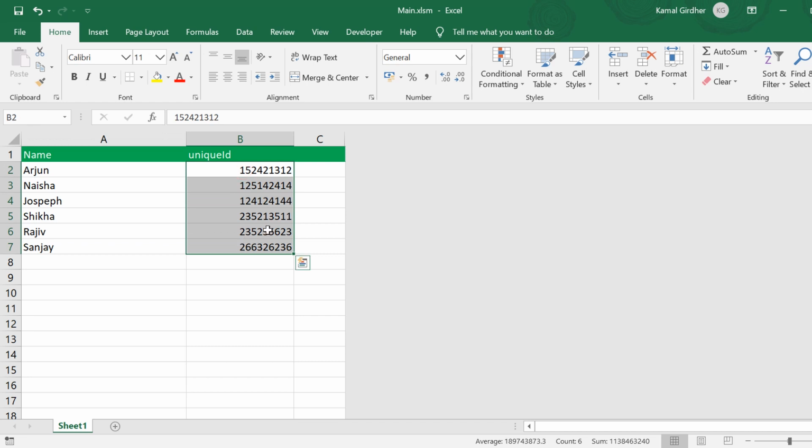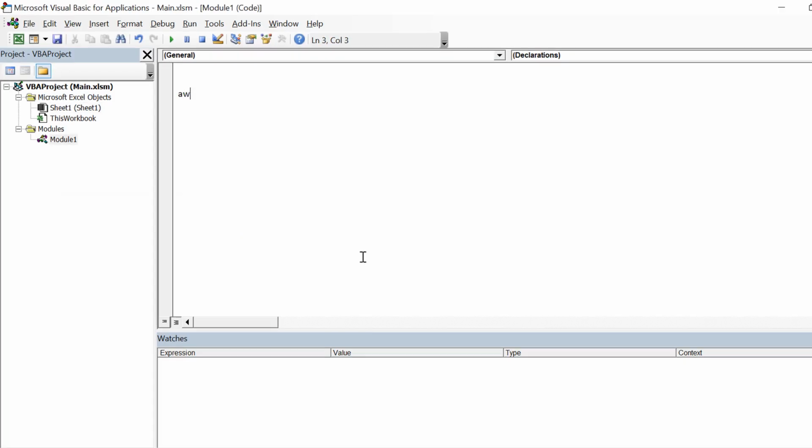Alright, so I have two fields in the Excel, like you see the name field and unique ID. So I want the PDF that is generated to have the name, for example its unique ID and then underscore and then name dot PDF. Right, so the content would be picked from the document.